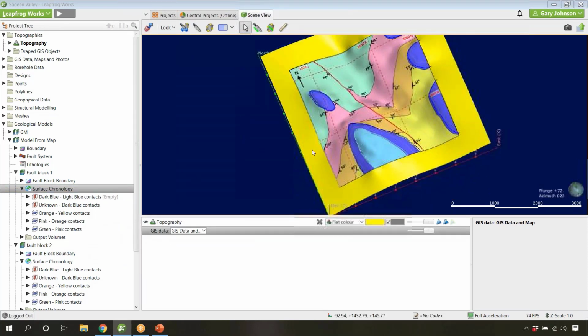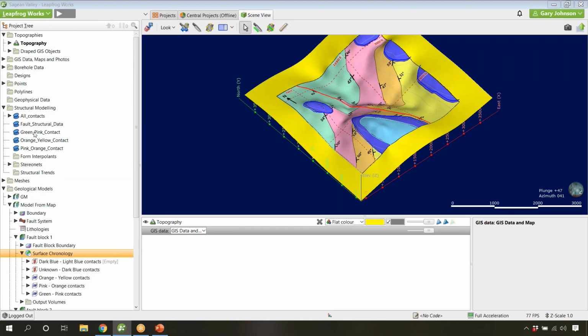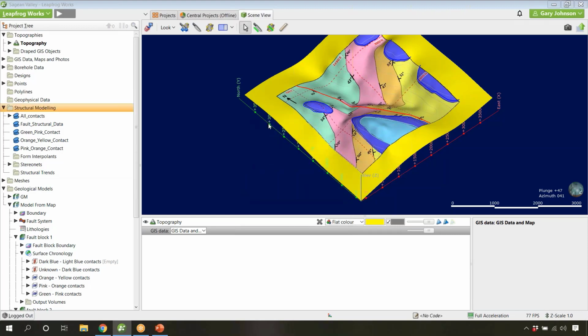The structural data in this case was actually created within Leapfrog, so I had put this data together previously before this webinar. And if we expand the structural modeling folder, you'll see that there is some structural data here. This can be made within Leapfrog by right-clicking on the structural modeling folder and making new planar structural data. This structural data can then be created in the scene